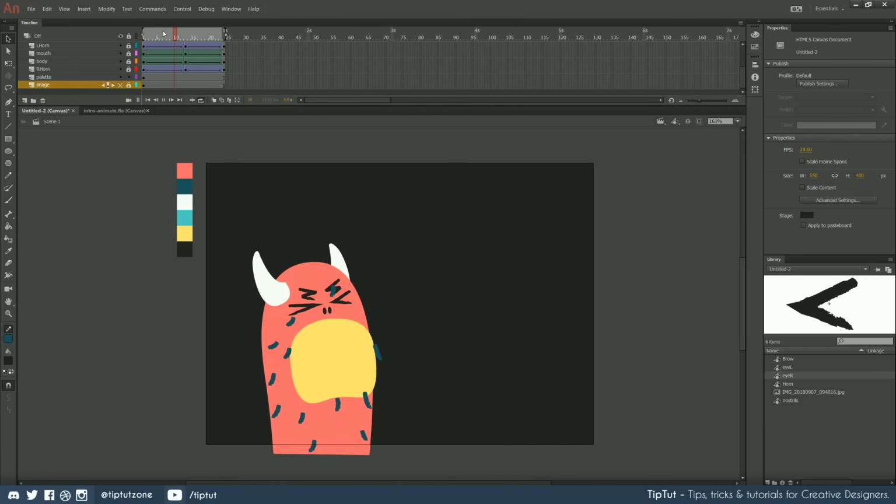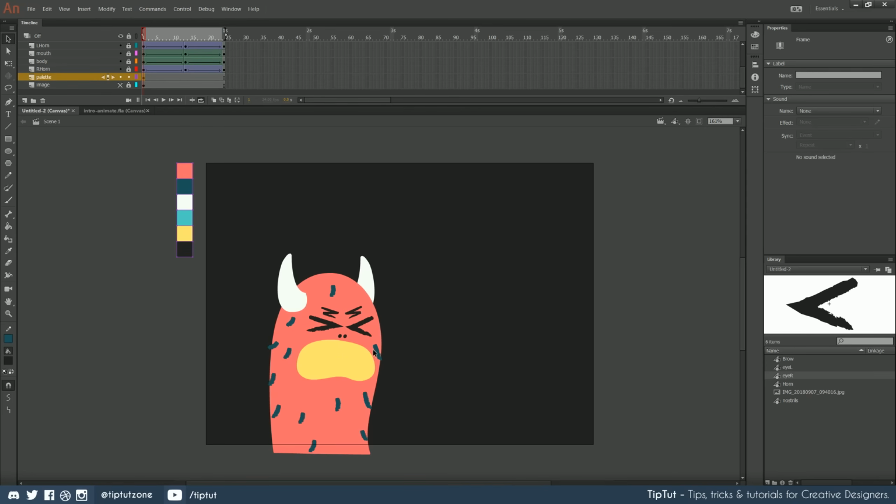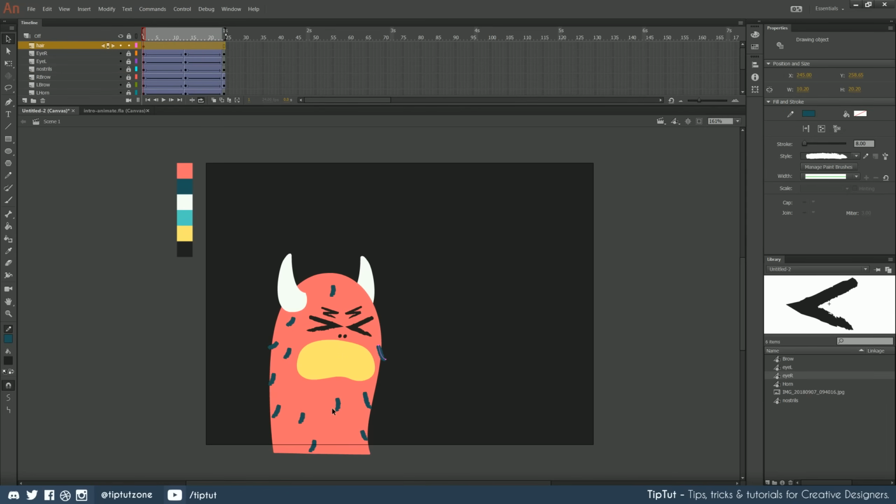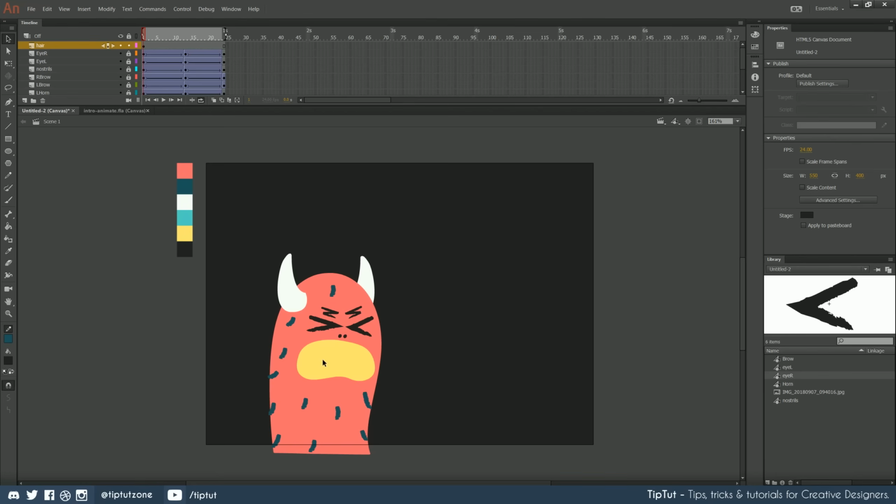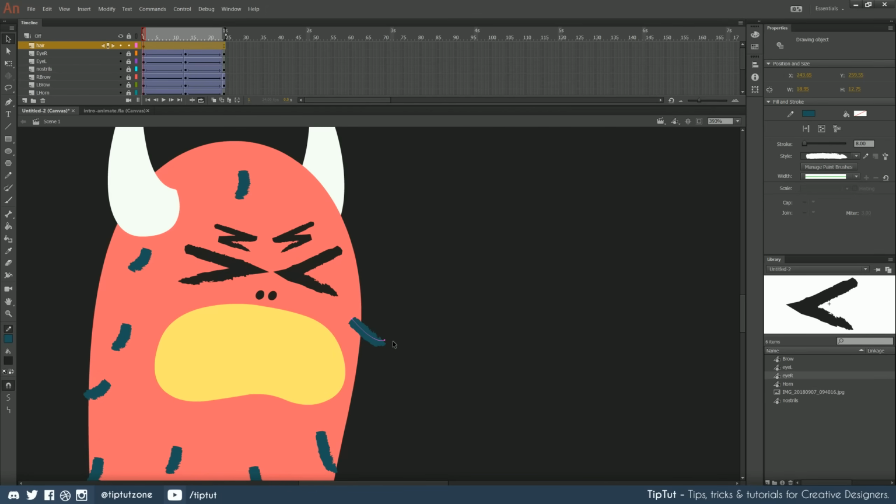Cool. At the moment, our hair doesn't move, but it does sit correctly on the first frame. I might just tweak a few of these, just move them over a little bit. Maybe evenly or more evenly space out this hair down here. Maybe something like that. That one looks a bit funny. Maybe we can just get rid of that one. No, let's leave it there, but let's rotate him out a bit. There you go. I think that looks pretty good. Actually, no, that doesn't look good at all. Let's bring this guy back around. Let's just bring him down like that.